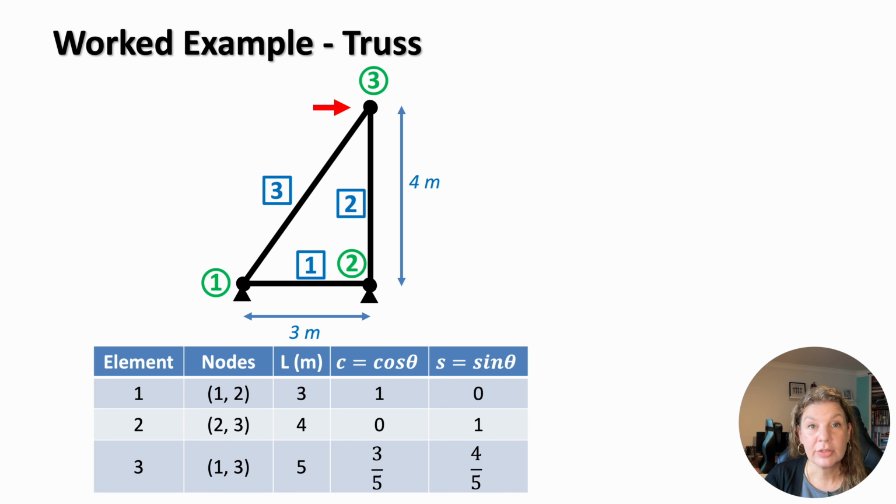From the node coordinates, we can determine the geometry of each element. Member 1, 2 is horizontal with a length of 3, so the cosine is 1 and the sine is 0. Member 2, 3 is vertical with a length of 4, so the cosine is 0 and the sine is 1. And member 1, 3 is diagonal with a length of 5 and a cosine of 3/5 and a sine of